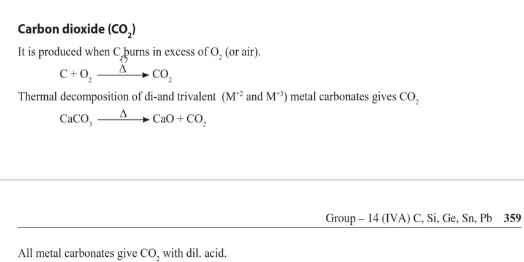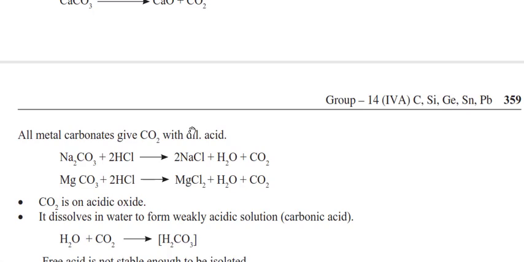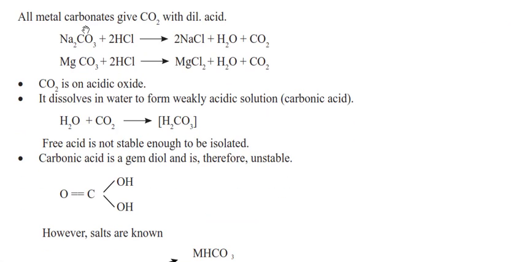Carbon monoxide, so if you can burn your material with a sufficient or excess amount of oxygen, you can produce carbon dioxide. You can also produce it by thermal decomposition of calcium carbonate, so you will get calcium oxide and carbon dioxide. All metal carbonates give CO2 mostly if you do reactions with metal carbonate and any kind of mineral acid, so you will get carbon dioxide as a product.